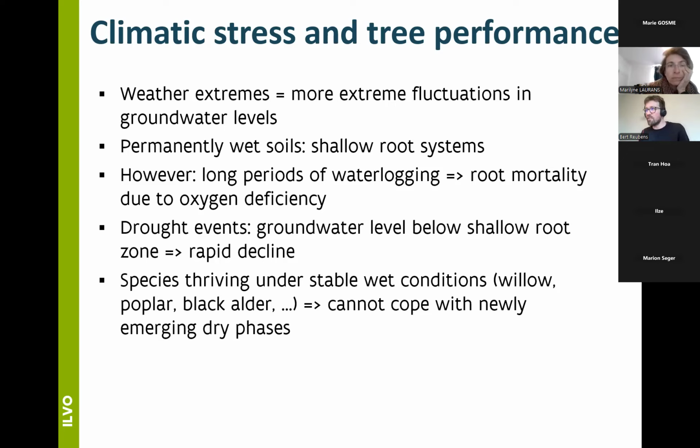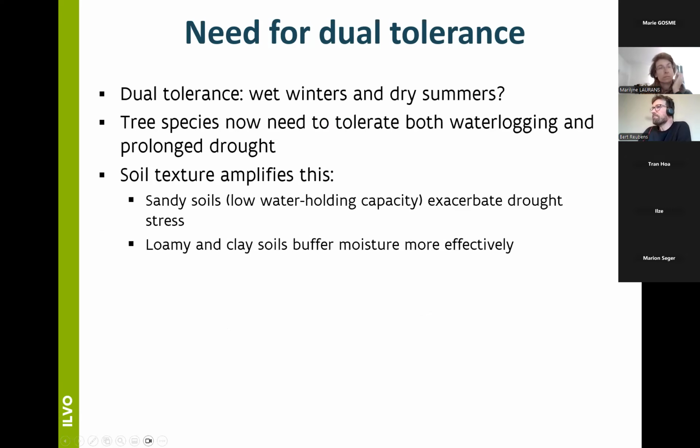On the other extreme, given drought events from time to time, if the groundwater level drops below this shallow root zone, we have a rapid decline in the vitality of the trees. So what I said before, species thriving under stable, for example wet conditions like willow or poplar or black alder, cannot cope with the newly emerging, very varying situations and the dry phases we also have.